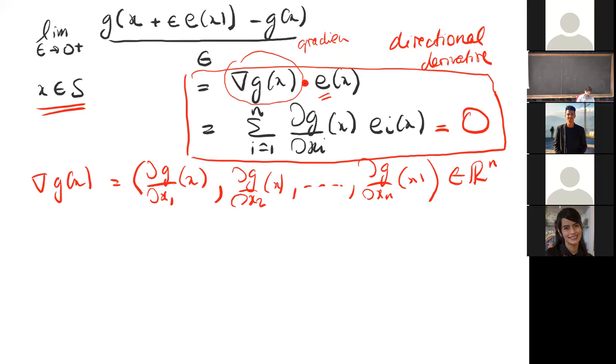So now we know that any point that lives on this surface verifies these equations. By the way, how many equations do we have here? This defines how many equations? N equations, okay? Because this 0 means a vector of n zeros. So we have one equation per component. Okay? All right, but this is not sufficient